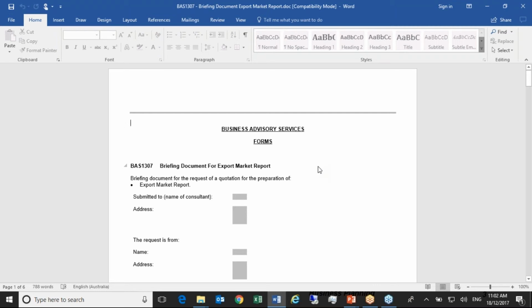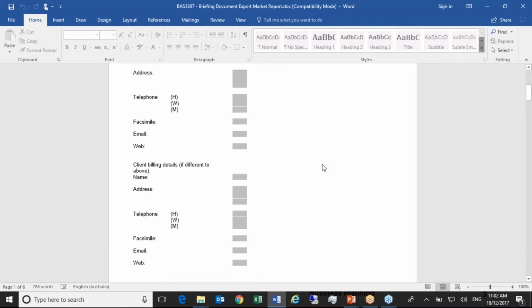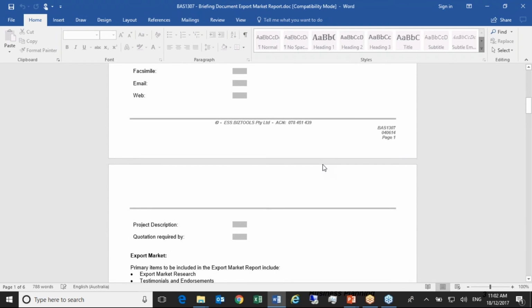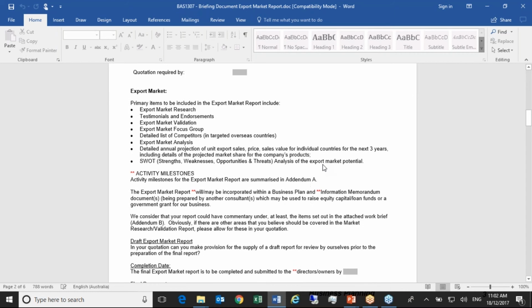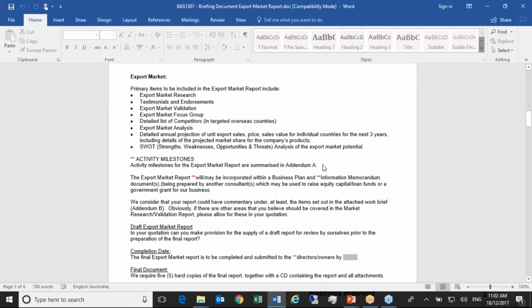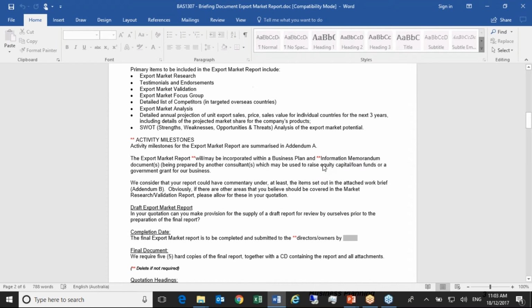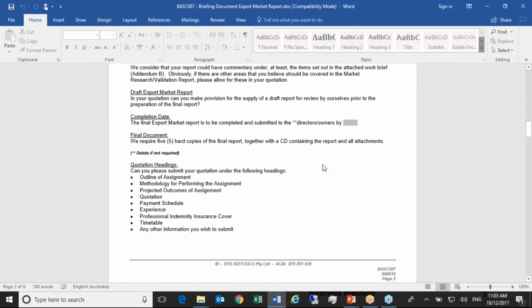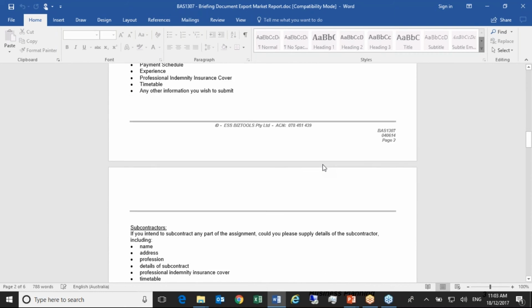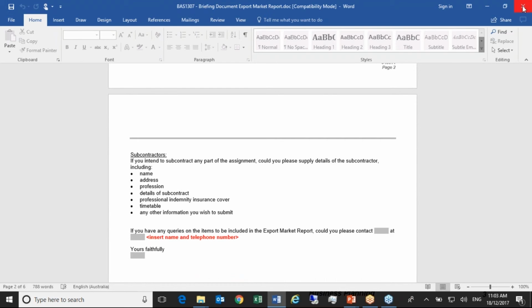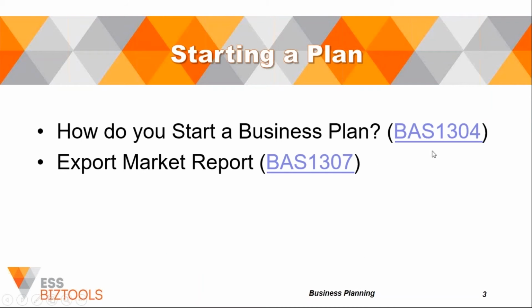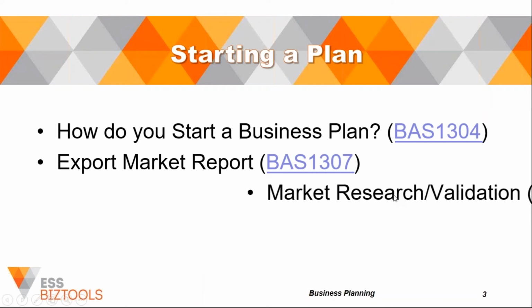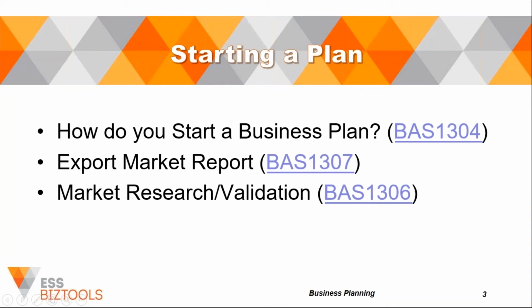If your client wishes to go to an export market, there is normally a requirement, if you're going to prepare an appropriate business plan, for an export market report to be prepared. This is the template that we would suggest that you submit to your client and suggest that the client would send it to the consultants that have been selected to provide the export market report. So we've identified activity milestones. Obviously, you can edit these. Completion date, final document, and what's to be included in the quotation process. So that form's included, and similar forms are